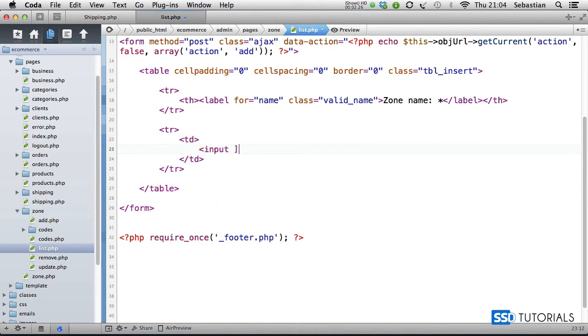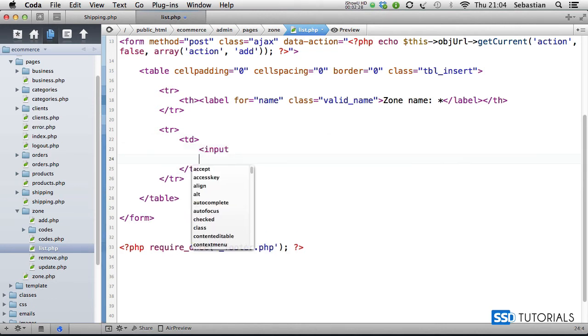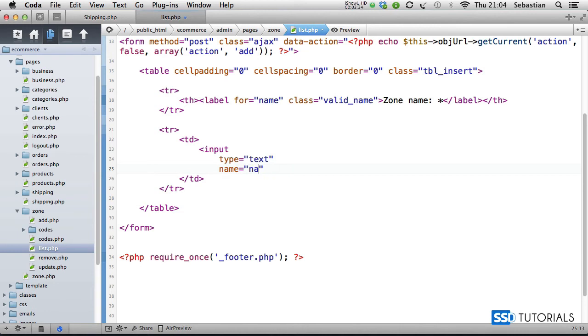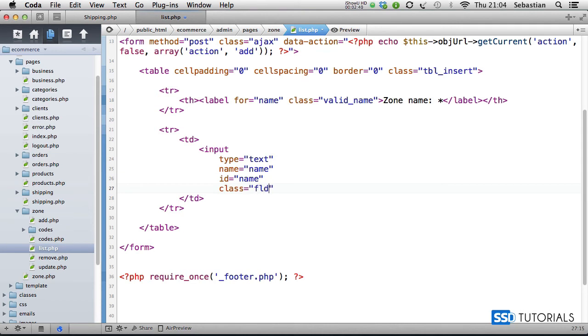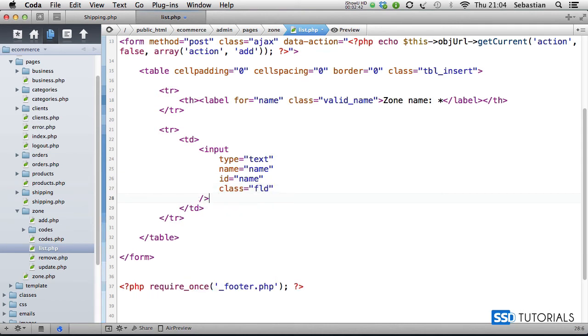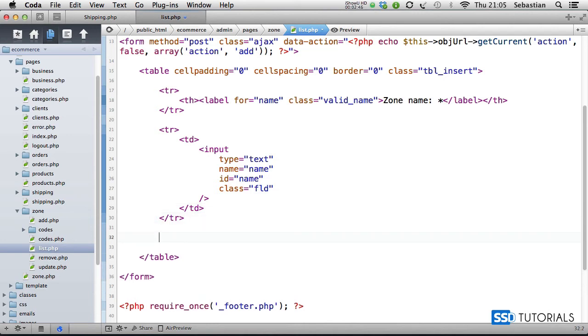Then we go for the input. And the first attribute is a type, which will be text. Second attribute is a name, simply name, ID, also name. And then we go for the class fld, closing input tag, and then another table row